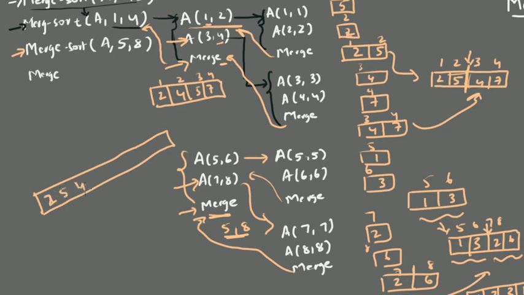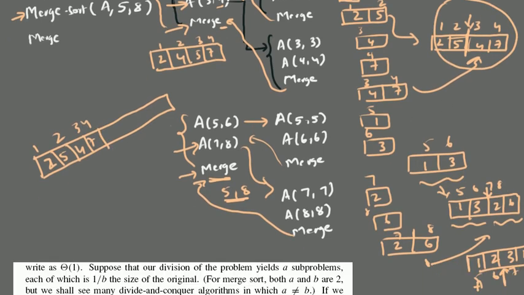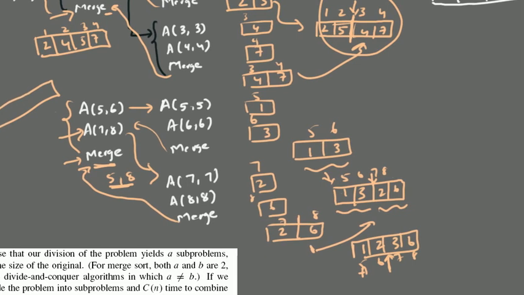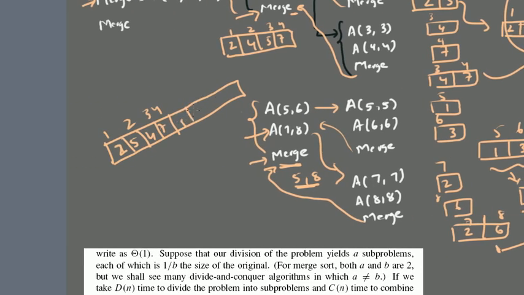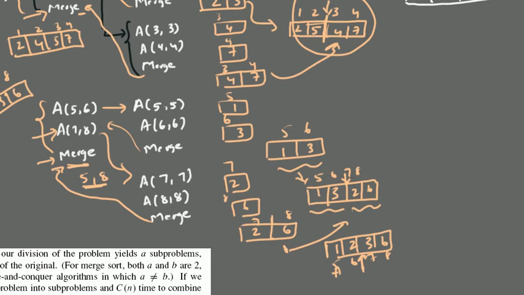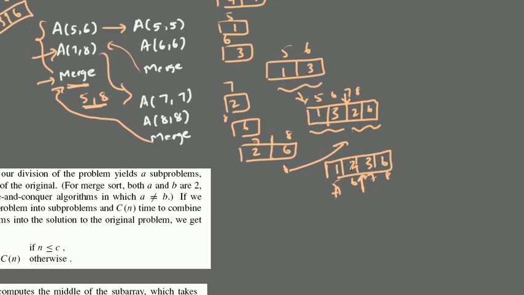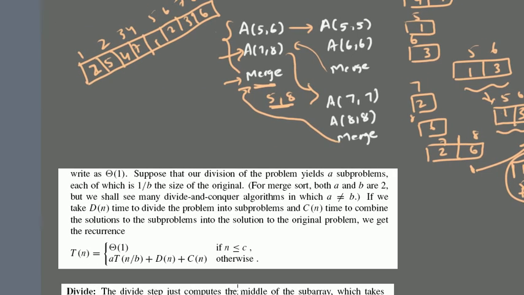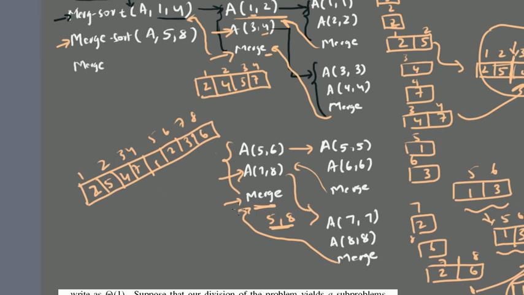Okay, so you have now the contents of A are 2 5 4 7 from this part, and 1 2 3 6 from this part, 5 6 7 8 from this part. Okay, now after executing merge, the control returns to the end of this, and it invokes merge again,